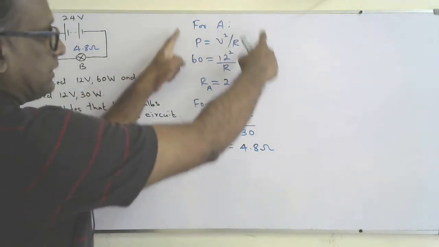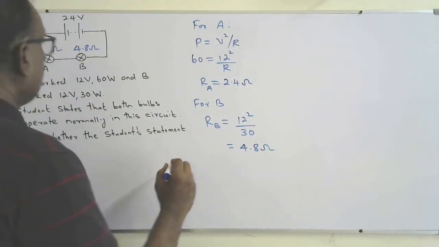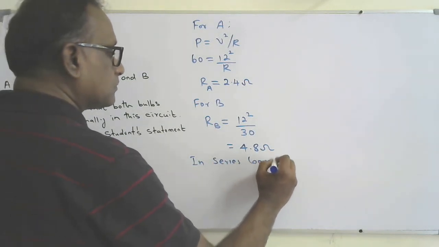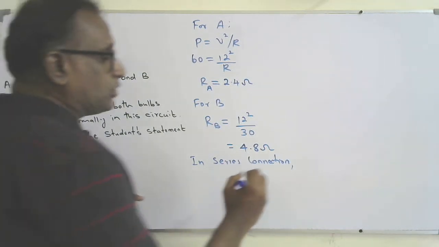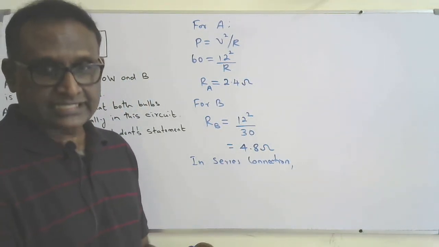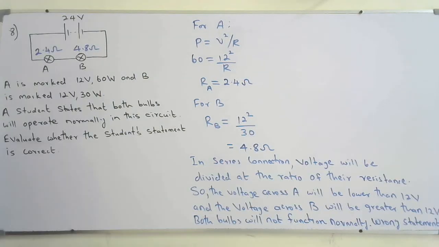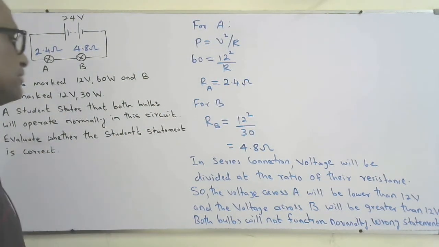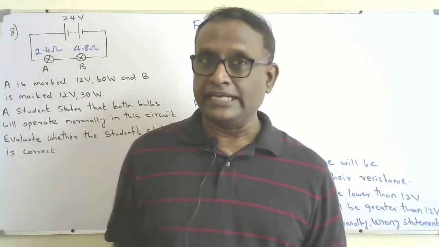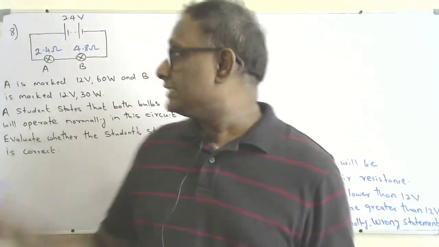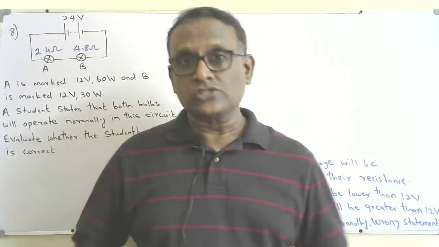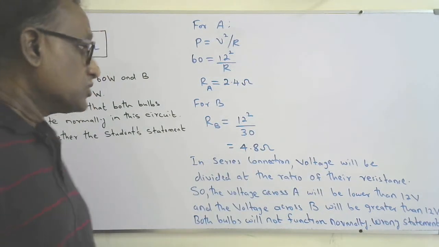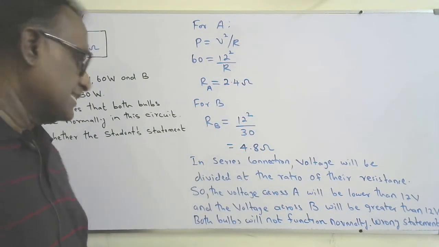The answer should include these calculations. Then you should say in series connection, voltage will be divided at the ratio of their resistance. So you can give the answer like this. Better do a calculation because they are asking to evaluate whether the statement is correct. So you need to give some mathematical evidence, because they have given the total voltage and how the bulbs are rated. So find the resistance. Then you should explain that the connection is series, so the voltage will be divided at the ratio of their resistance. So it's going to be